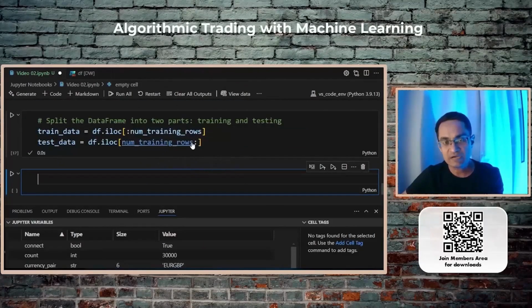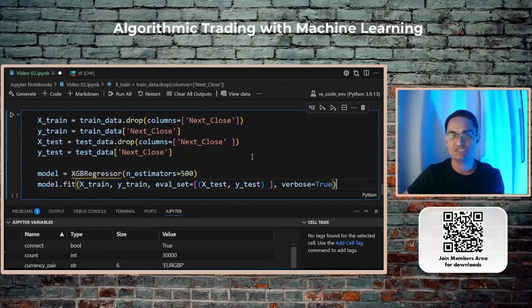Now we had already trained the model last time using the same logic, so I'm going to quickly go over it again, but very briefly. So for training data, we are defining variable x and variable y, and again, this I explained a lot in the previous video, so please refer to that if you haven't watched it. In the training data, I'm defining x variables as everything other than the next close price, and the y variable, which needs to be predicted, is itself the next close price. And similarly for test data.